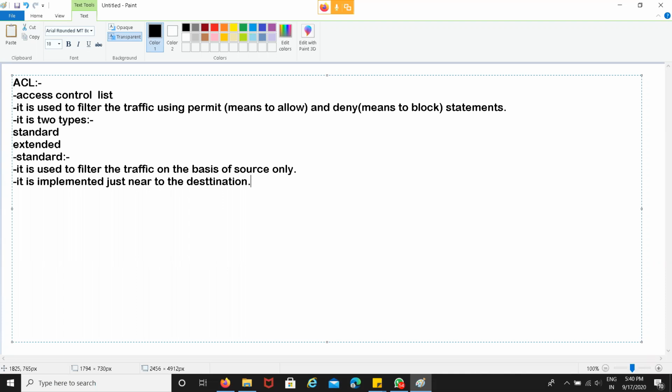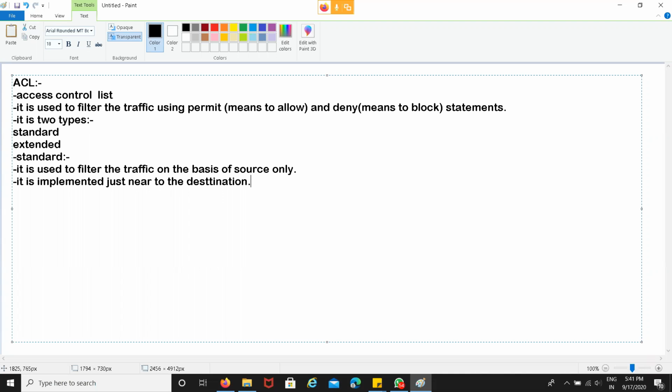If you want to implement a standard ACL, then you specify that ACL as standard. If you want to implement the extended ACL, then you specify the term extended in that particular policy.